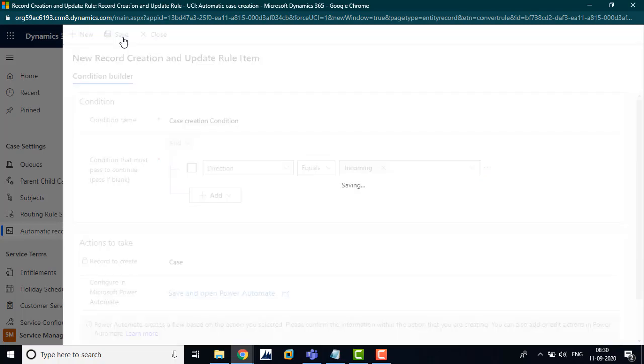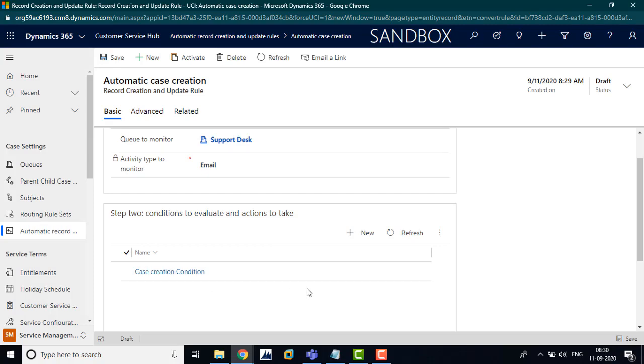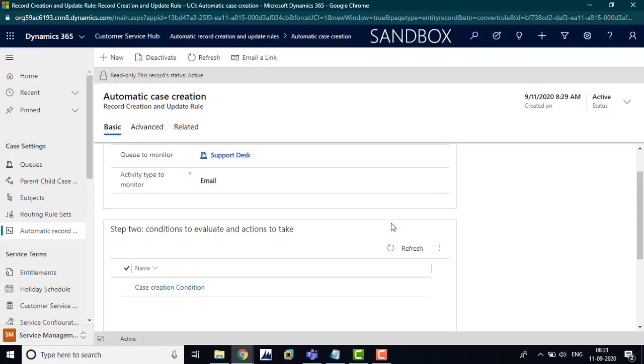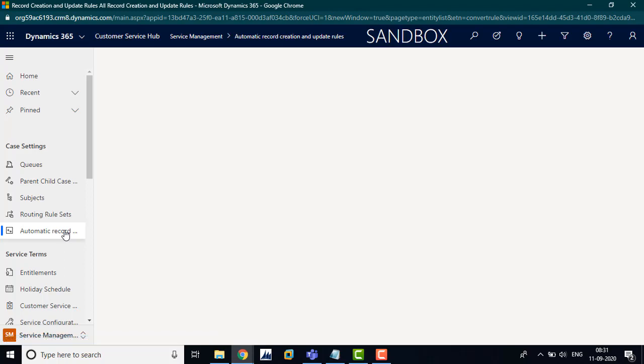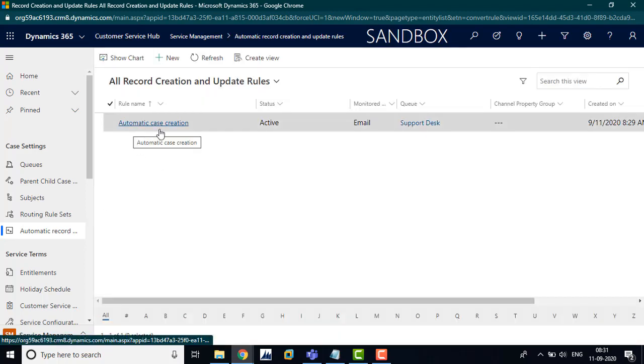Just save and close. So now we have created the condition, and we activate this rule. Now the rule is activated. Go to Automatic Record Creation Rules. You can see the rule name is Automatic case creation, status is active.